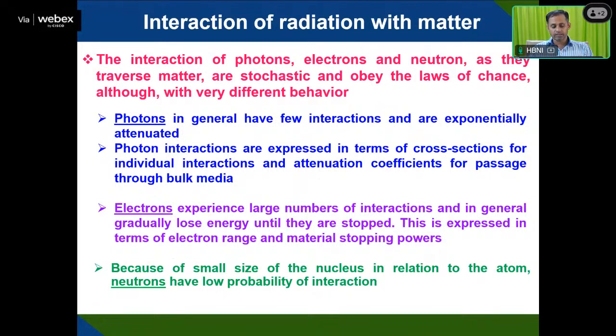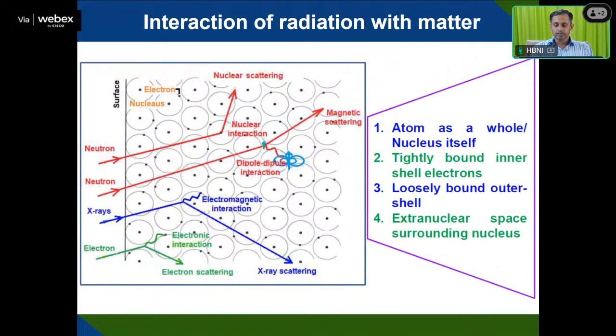Neutron interaction has a very low probability, because the nucleus is of very small size in comparison to the atom. Because of that, neutron interaction is very, very low. If you see here, the whole atom itself is there, and the electron beam is coming here, and that electron beam can be scattered, or it can interact